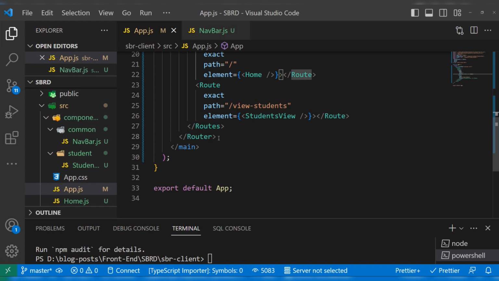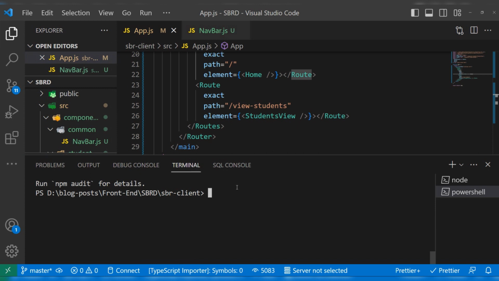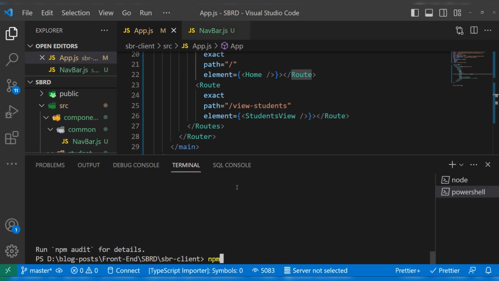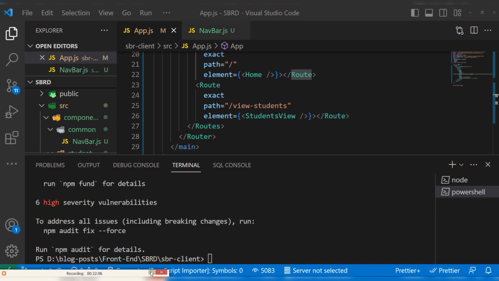Okay, so now what I'm going to do here is go back to our terminal. And right now we're just going to say npm i for install, then react-icons. So npm install react-icons. So I'm just going to hit enter. We're going to move away for a while. When it's done installing, we're going to come back to continue our journey. Okay, so we can see that our